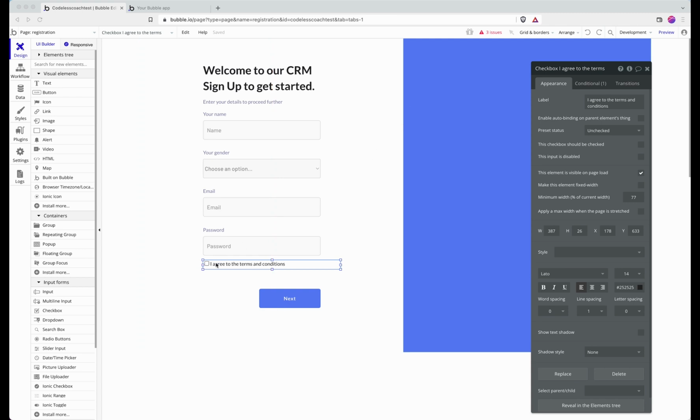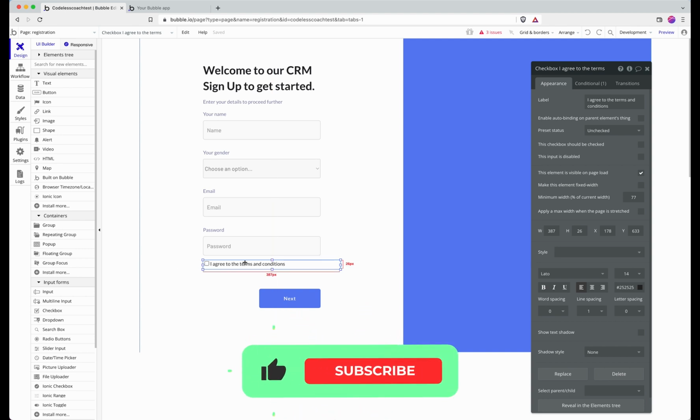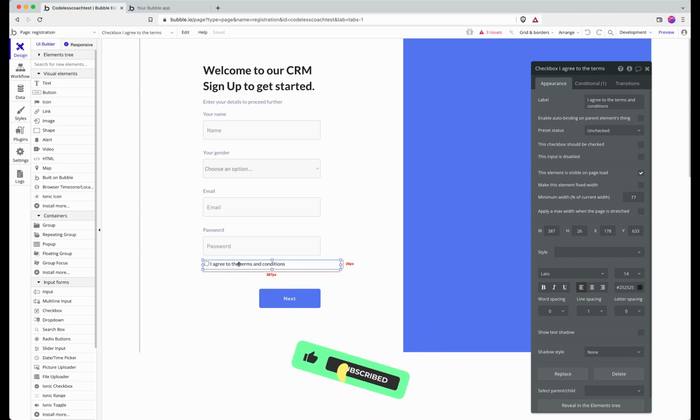Sometimes the built-in checkbox element in Bubble just isn't going to cut it for your app. There can be a number of reasons for this. One could be how little you can really style this unless you were to write a load of custom CSS. Another might be that you want the terms and conditions portion of this label to link through to your terms